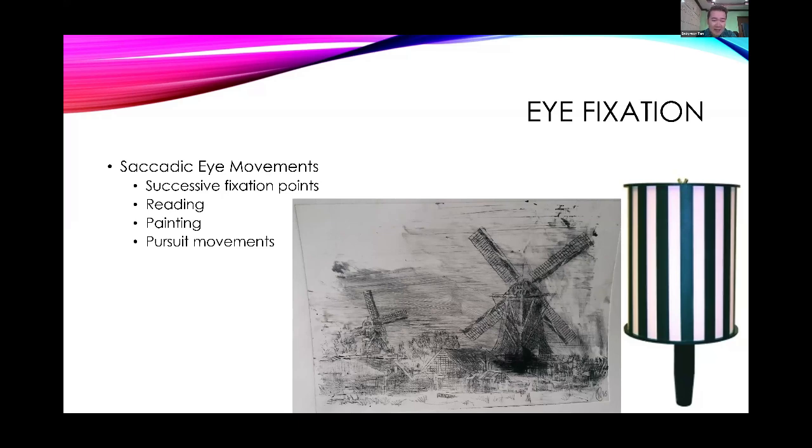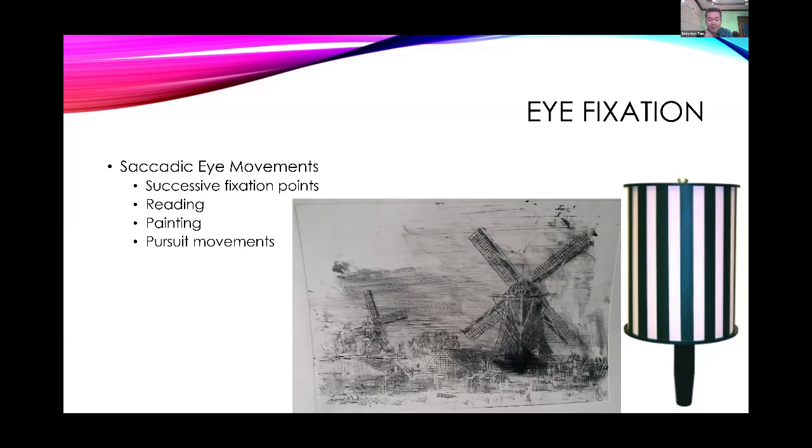S-A-C-C-A-D-E, a saccade. So that saccadic eye movement is very important because you want to check or fix your eye in one view. Very important, especially for animals or birds of prey or primitive animals. They should have this saccadic eye movement because they are flying, they're moving, and their victims are also moving. So they should have a very good saccadic eye movement so they can fixate on their gaze, fixate on one